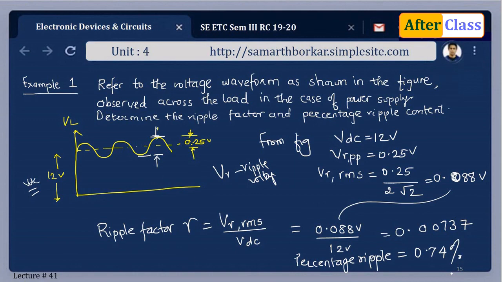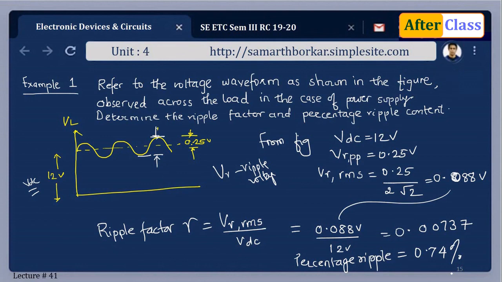So when you perform the experiment in the lab, you know the value of inductor, you know the value of capacitor, and you know the theoretical formula. For an inductor LC filter, the ripple factor is 1.194 divided by LC. So what you need to do is just substitute the values of L and C and get the ripple factor. That is the theoretical value.